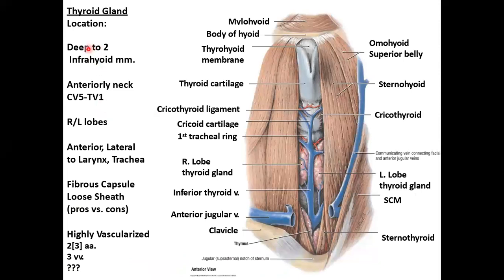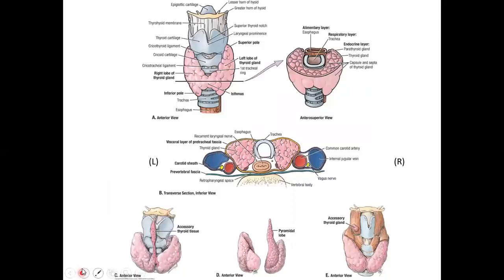Okay, so she makes the point that it is deep to your infrahyoid muscles. So your strap muscles here, remember they're attached to the hyoid bone up here and then various attachments below, like your sternum or the thyroid cartilage. Yes, and then she makes the point that it's anterior and lateral to the larynx as well as the trachea. So making a distinction between the larynx and your trachea